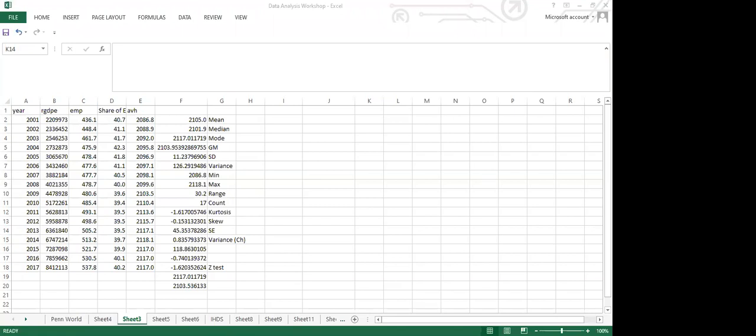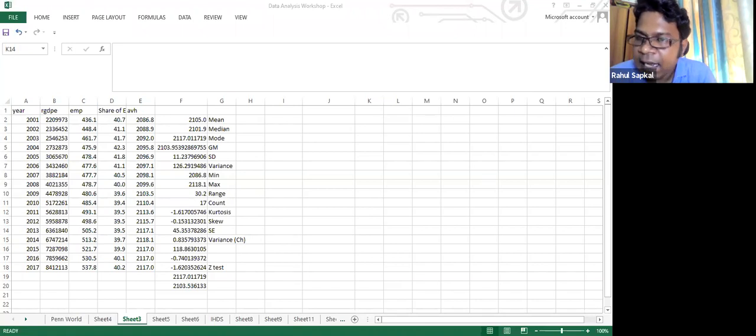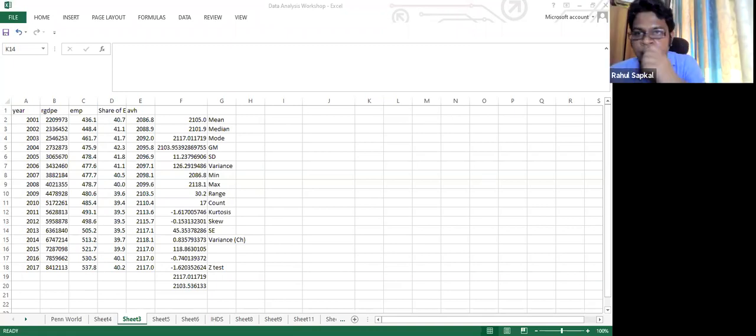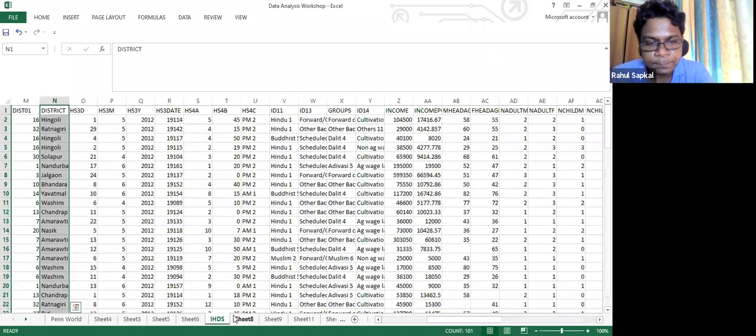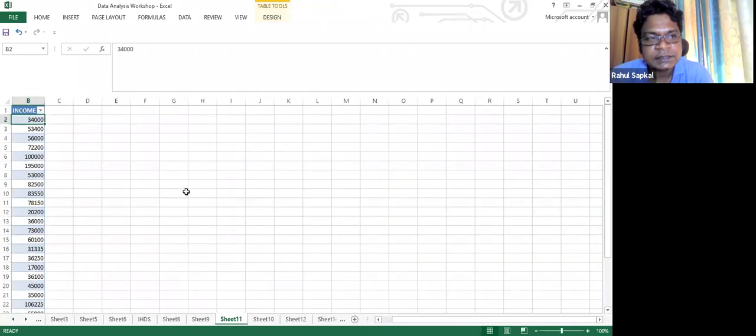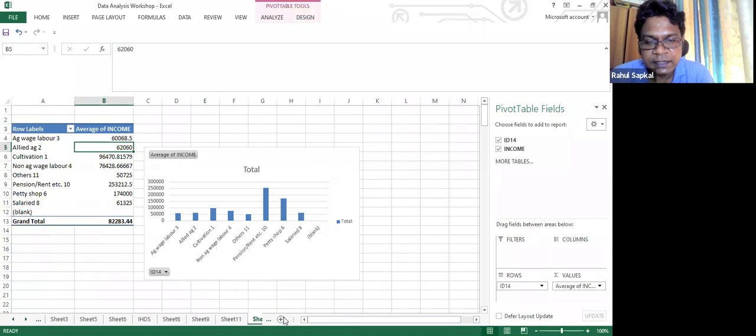Sir, can you please repeat the class intervals, like how to make them? See, in class intervals we use the statistical language, but when you have it in Excel, they call it Excel bins. So how many bins you want means how many class intervals you want. Don't get confused with classes and bins. Bins are the different categories you'll be making. So let's go back one more time. How to do it? It's better to always select one variable at a time when you want to do a class interval.